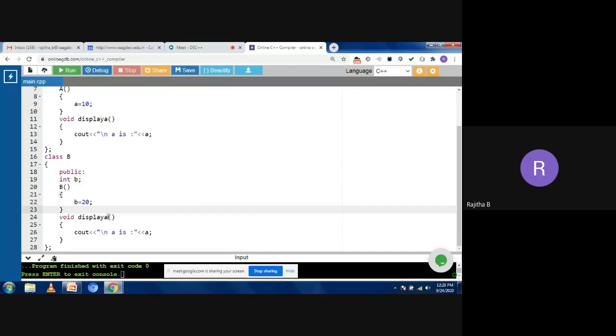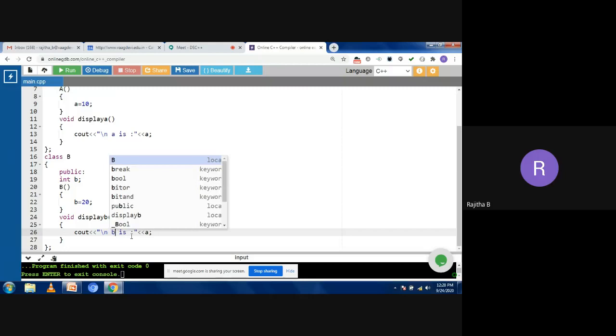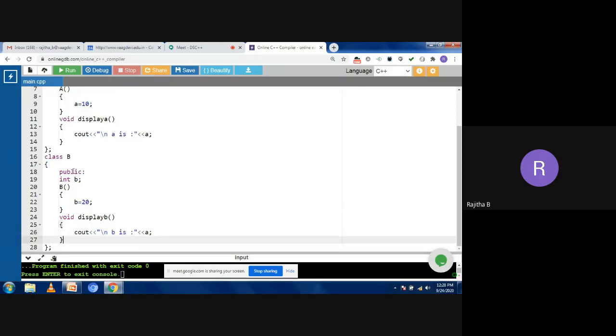Now I'm taking the display function to display the value of the B class data member b. Listen carefully: capital letters are the class names and small letters are the data member names. So I'm taking the class capital B, and in that I'm taking the small b as a data member. Remember that.